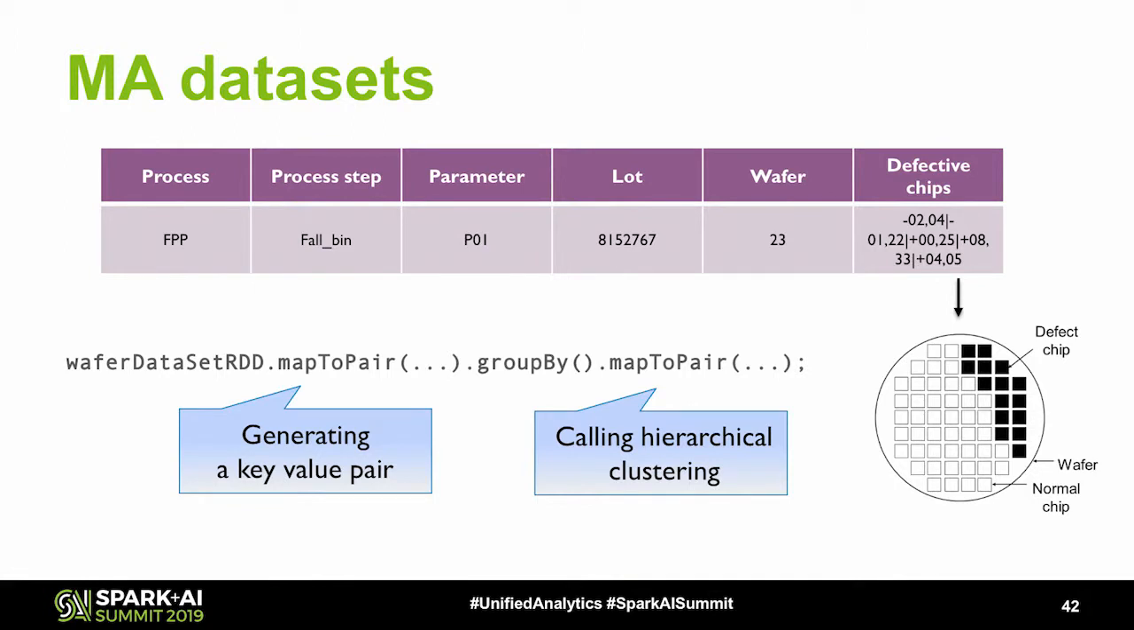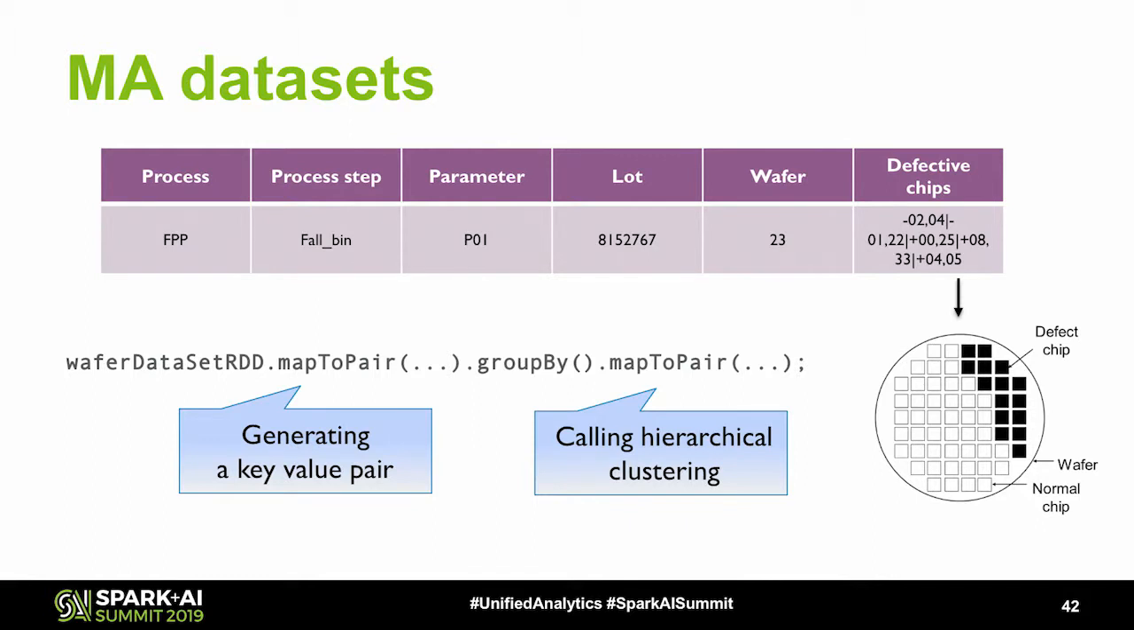Here is a sample of the MA dataset. The defective chip contains a list of coordinates in a wafer map. You can visualize the defective chips as a wafer map as shown in this figure. Since the manufacturing system produced lots of wafer maps recently, we use Spark to identify clustering patterns from massive